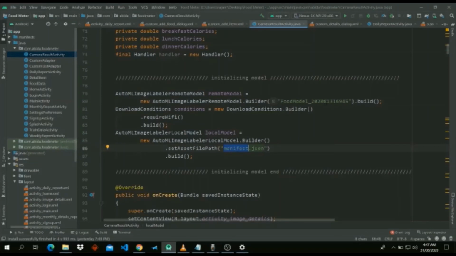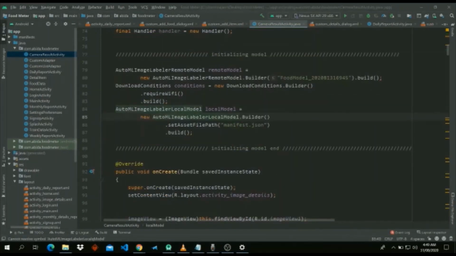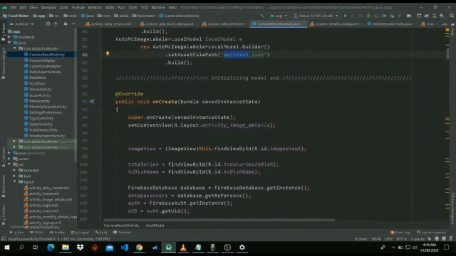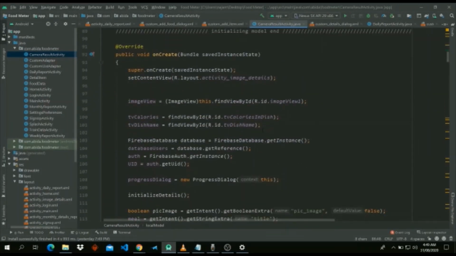If the Wi-Fi is available, then the picture that you take will be processed by the cloud model, which has better accuracy. If the Wi-Fi is not available, then the picture will be processed by the local model, and then data will be saved to the database.